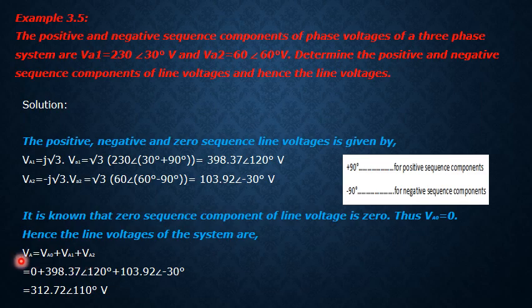So Va is equal to what? This is meant for the zero sequence component, so Va is equal to Va0 plus Va1 plus Va2. Now respectively substitute the values. Va0 is nothing but 0, Va1 as we obtained it, so now substitute the value of Va1 and Va2. These are the line voltages we need to substitute in this equation to get Va. After simplifying it, we are going to get the value of Va as this much.